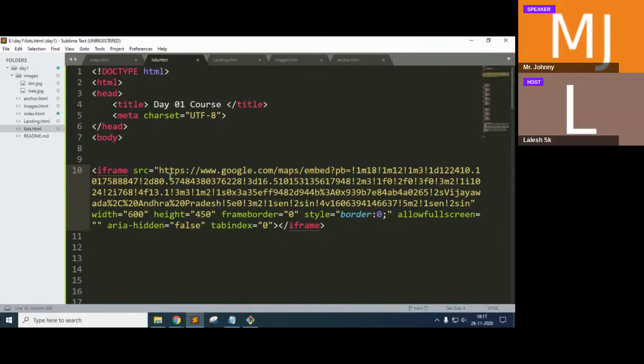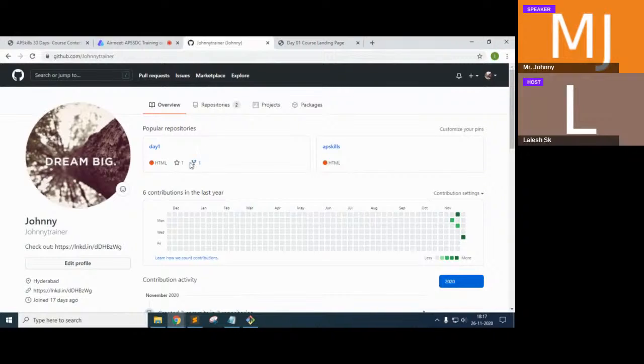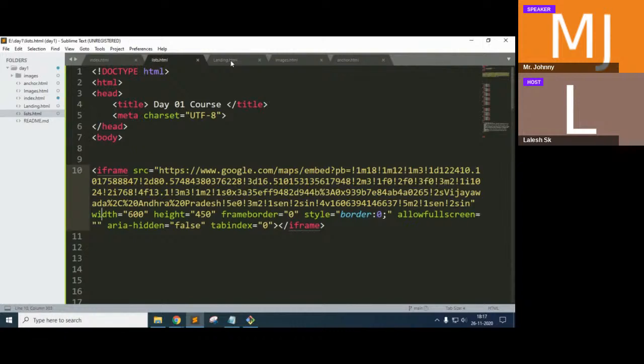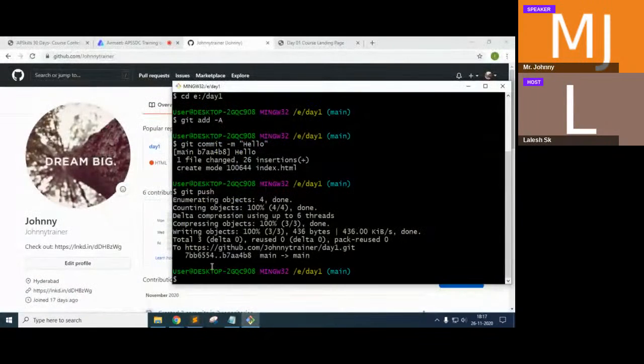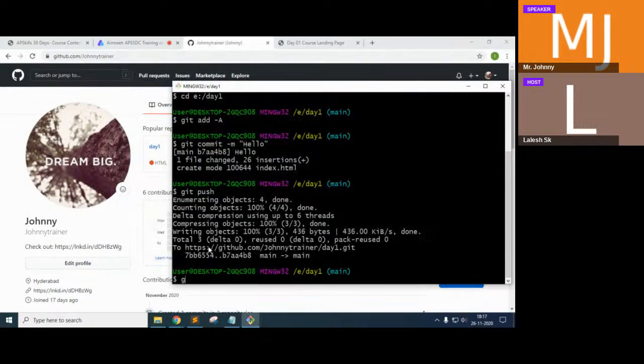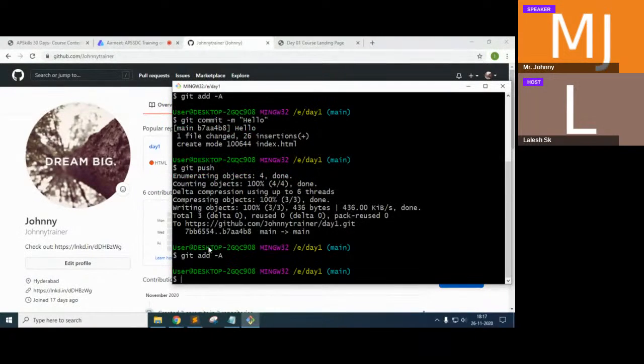So this is how we have done it, and in this we can also use Git. Whenever you are trying to put some files, for example, if I want to add all the files again, and you also want to check what lines and files I have written, I will just add it here. So what is the command we can add? I have all the files in the day1 folder. So let me write git add -a, which will add